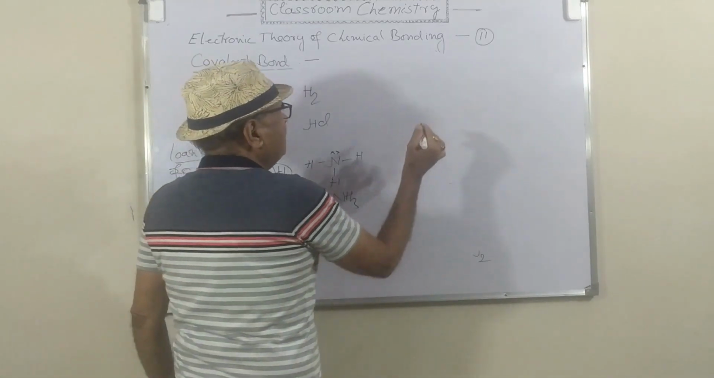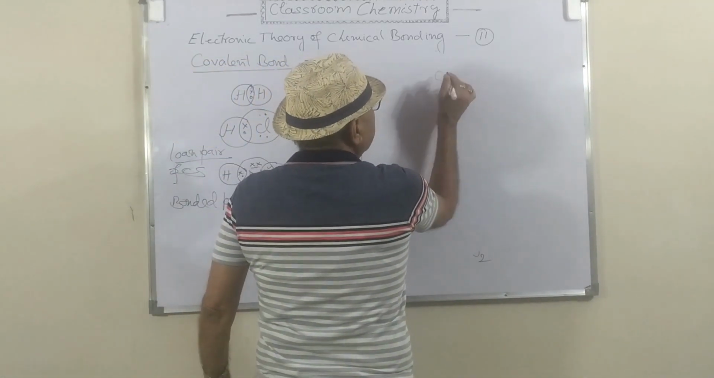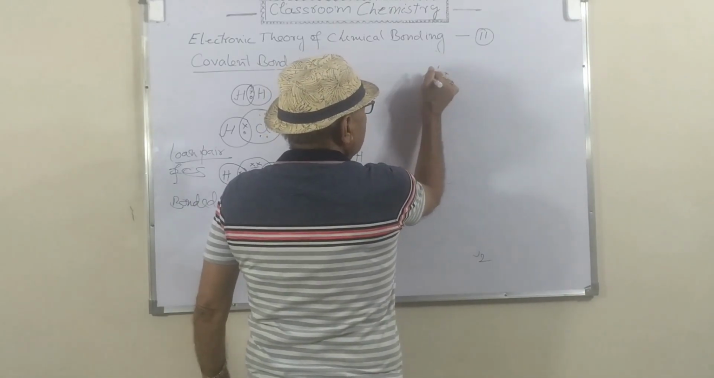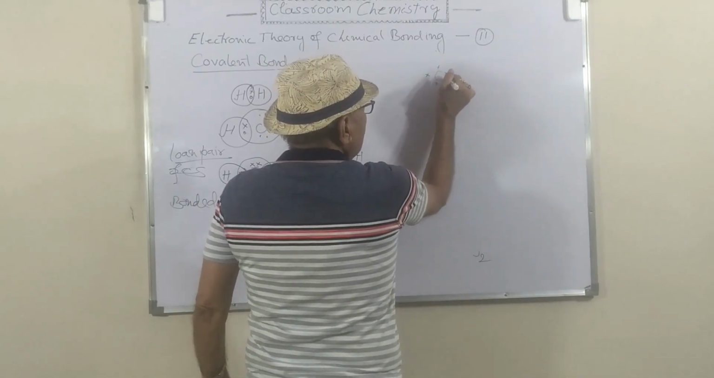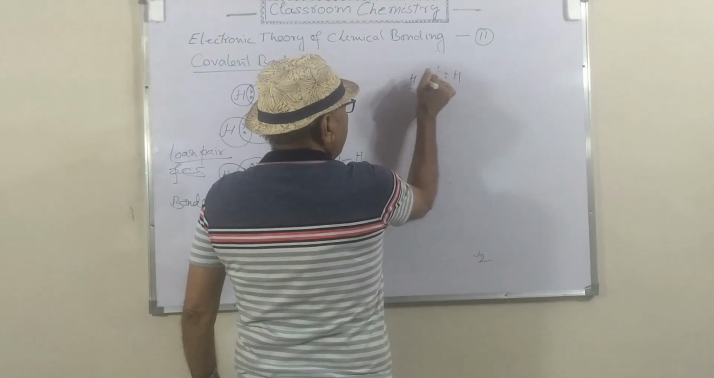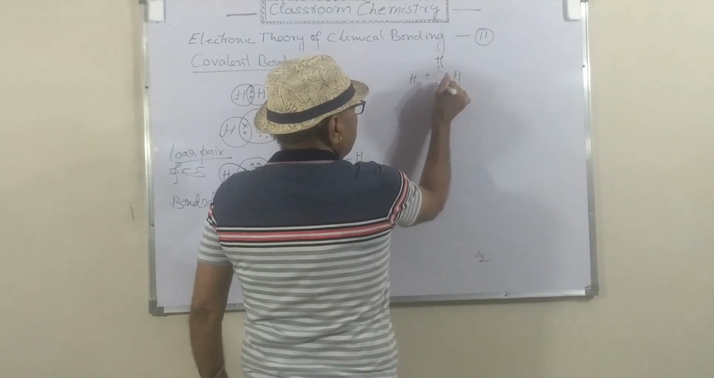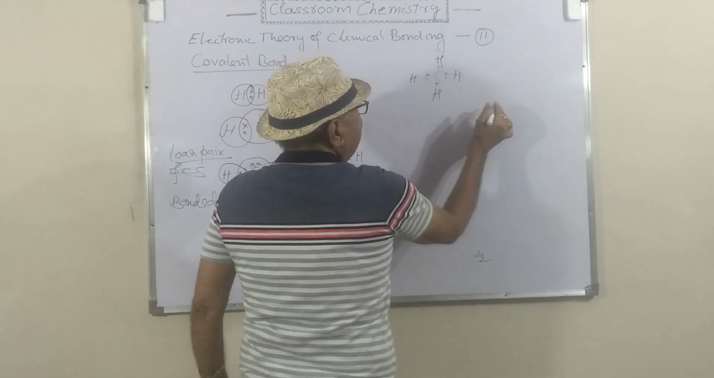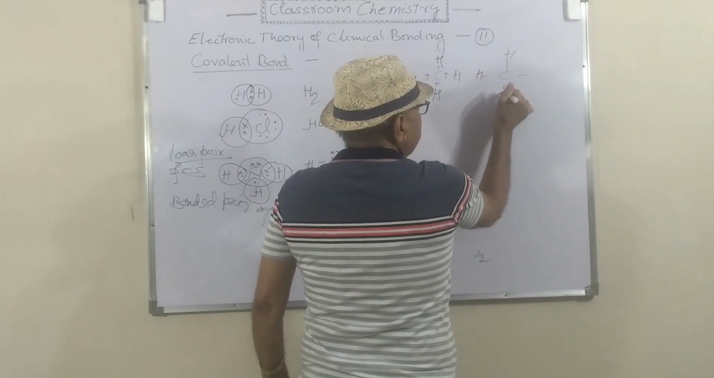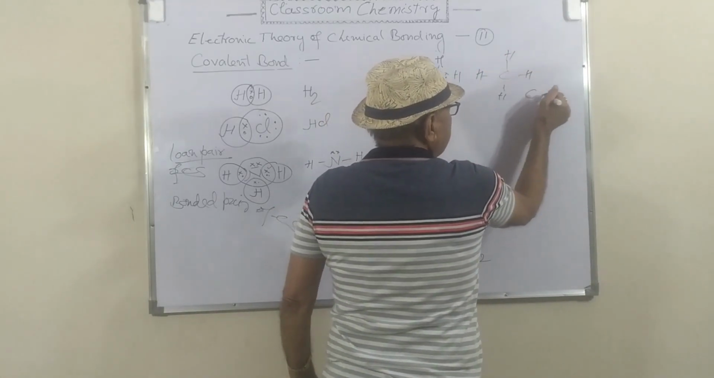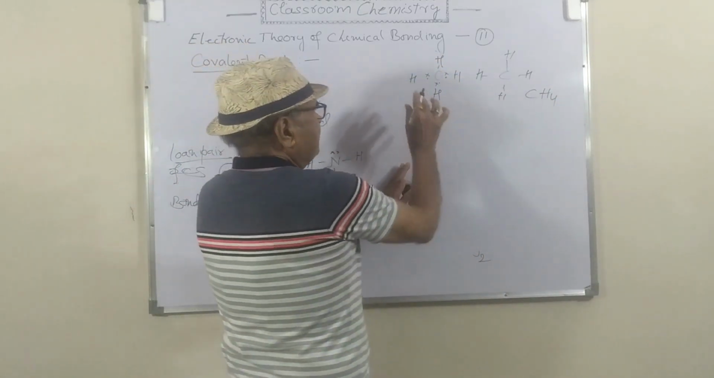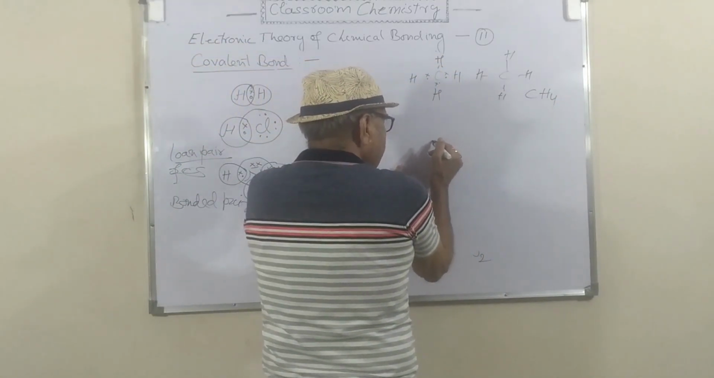Now I am telling you about carbon. Carbon has 4 electrons in the outermost orbit. So one electron is from hydrogen, one electron is from hydrogen, one electron is from hydrogen, and this is the structure of methane. So you can write here CH4. Again, CH4 again, and